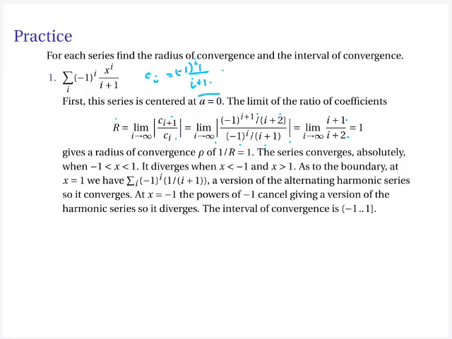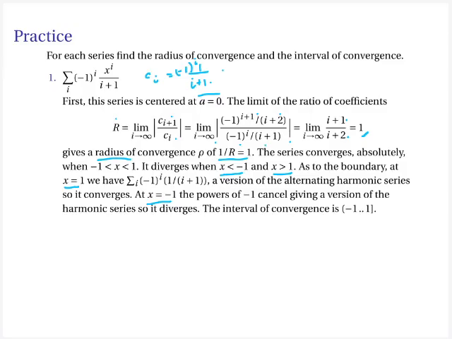If I is 100 billion, you're just looking at a limit of 1. So capital R is 1, so the radius of convergence is 1 over 1, which is 1. This series converges for x's strictly between minus 1 and positive 1. It diverges when x is further than that, when x is strictly less than minus 1 or strictly greater than positive 1. As to the boundary, at x equals 1 we have one thing, and at x equals minus 1 we have another. When we go through the details here,